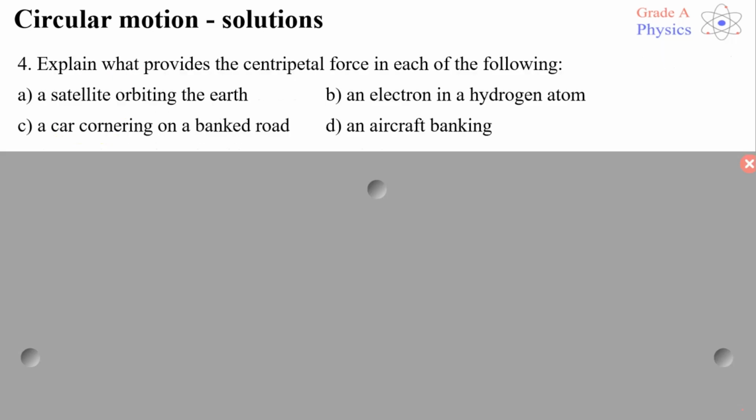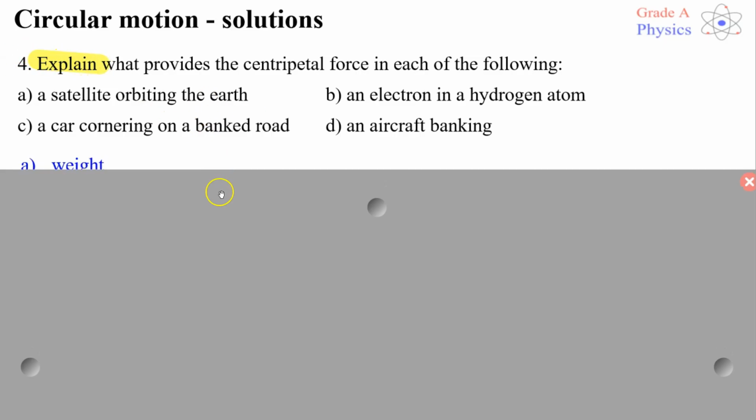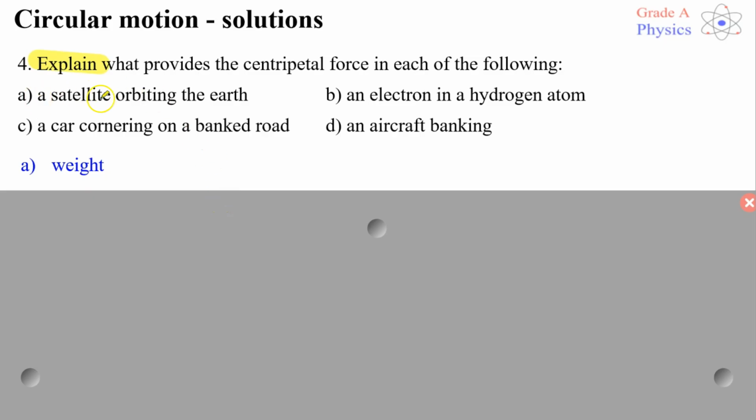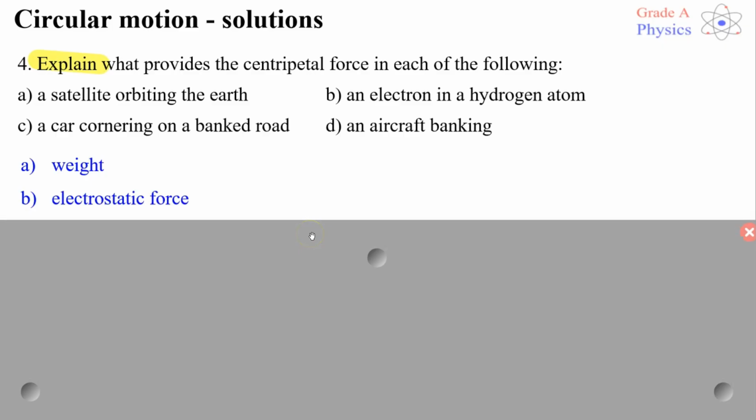Question 4. What provides the centripetal force? Now it says explain. If this is an exam question, we might need to add a bit more detail, but this is just state. So we've already mentioned if we have a satellite, the centripetal force is provided by the weight of the satellite. If we have an electron orbiting a nucleus in an atom, then that will be the electrostatic force, which acts